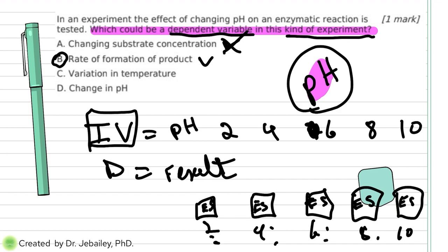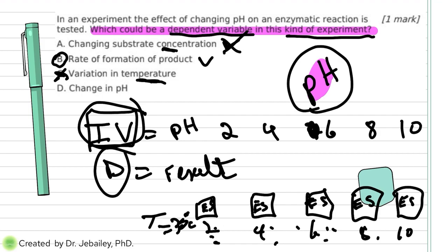One says variation in temperature. Again, it's the same thing about the substrate. If you are changing the pH, the temperature for all of them should stay the same, let's say 30 degrees. Otherwise, you're going to have 2 independents, so it cannot be this. And then change in pH. If the change in pH is already the independent variable, how can it be dependent also? It makes no sense. So the right answer is B, because we want to see the rate of formation of